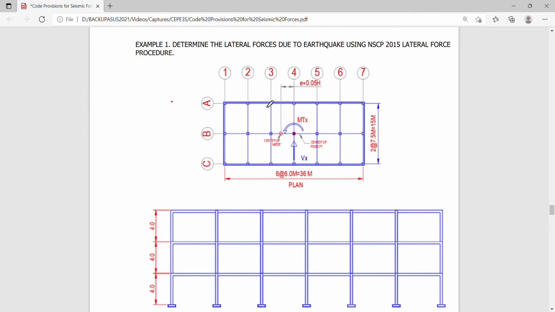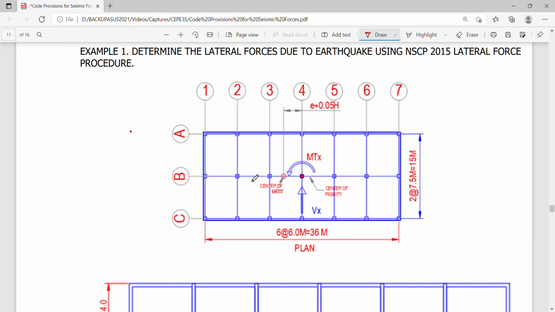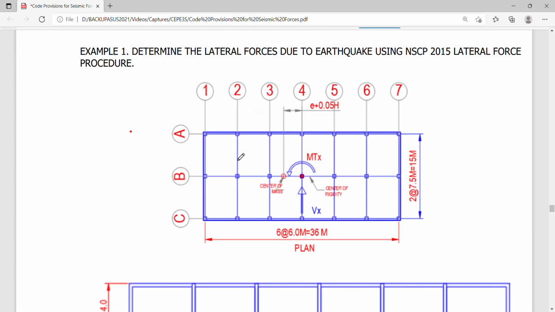If we take a look at the plan, the columns here are distributed symmetrically over distances which are normally regular. So we have here on the transverse direction a distance of 7.5 each per bay and 6 meters here